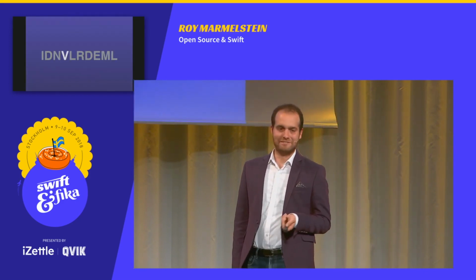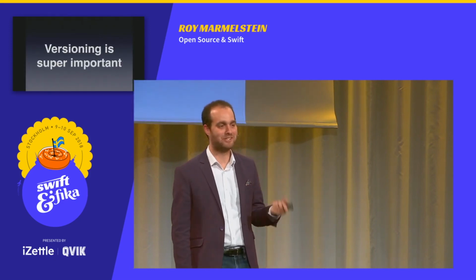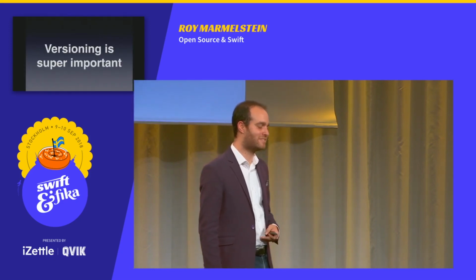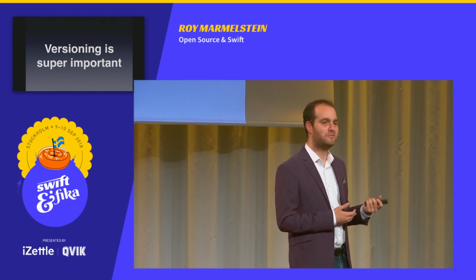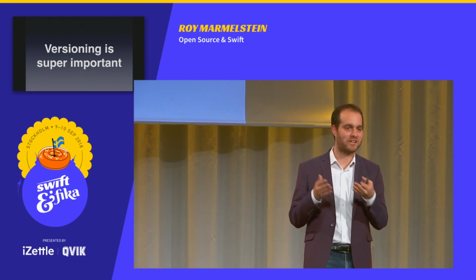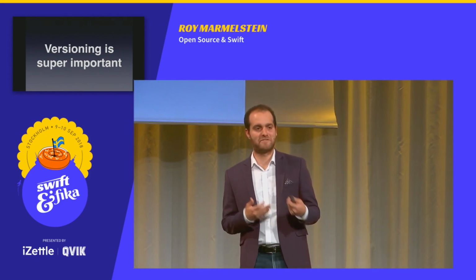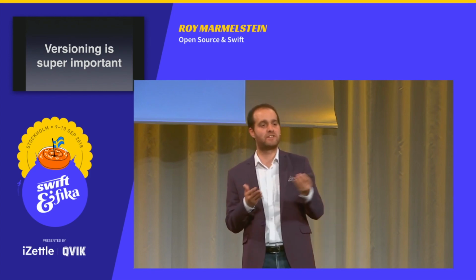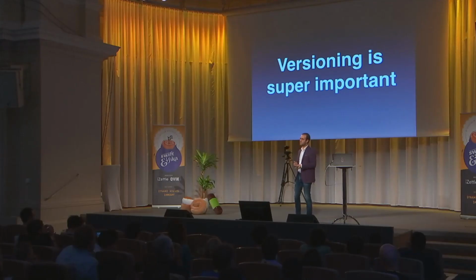Another thing I wanted to mention is the V. The V was for versioning. Versioning is extremely important. Generally, we don't do much versioning when we're working on apps, but when working on frameworks, for the people integrating your framework, it's very important to have guarantees about what will happen when they update. And also for you as a maintainer, it's very important to always have a version that people can install.